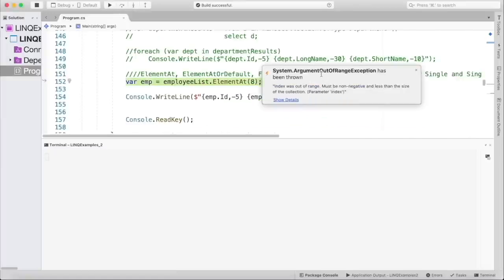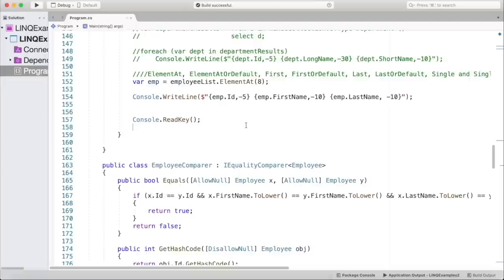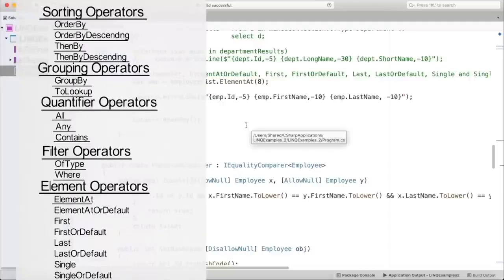Right, so it is important to note that no item exists within the relevant collection at ordinal position 8. So in this case, an argument out of range exception is thrown. This brings us to an important point about the difference between the ElementAt and the ElementAtOrDefault